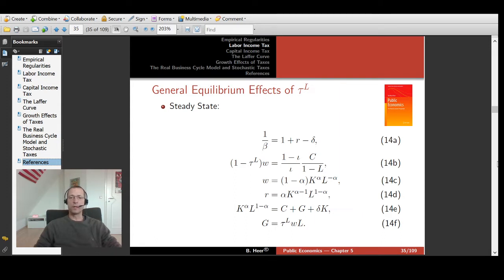Now we first calibrate the model, and we can do this recursively. For given beta and delta, we can compute R. From R, we can compute the capital labor ratio, K over L, by equation 14d. With the capital labor ratio, we can compute the wage. We choose the labor supply in steady state to be equal to 30%, 0.30. With this value of L, we can also compute the capital stock K, and from the resource constraint 14e we can compute